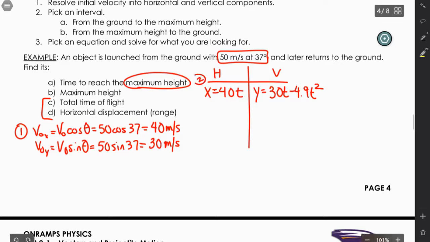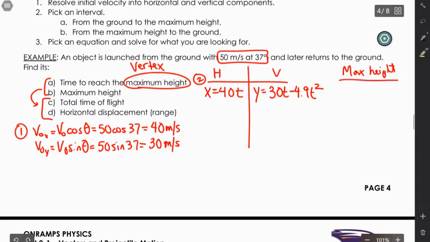Now step 3 is solve the problem. There's a couple ways that we can solve this problem. One is we can do this stuff here at the max height and then go to C and D, where you've got to remember from class, time to rise equals the time to fall. So the max height is the mathematical vertex. And so if I focus on the max height